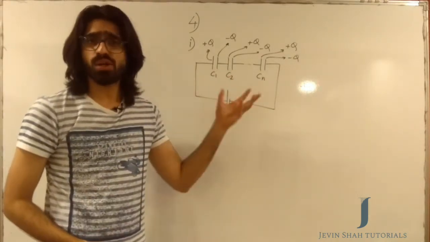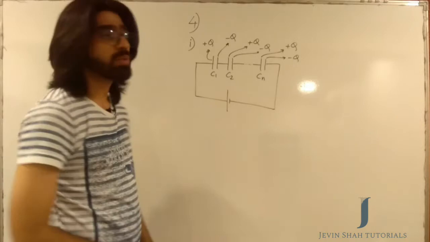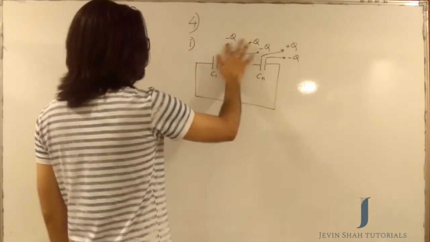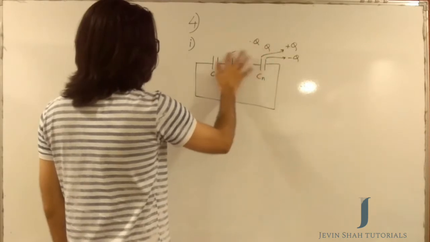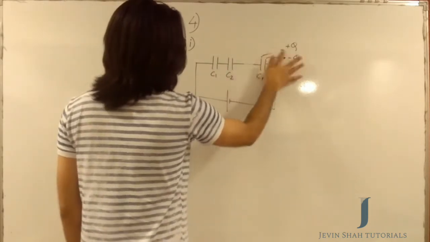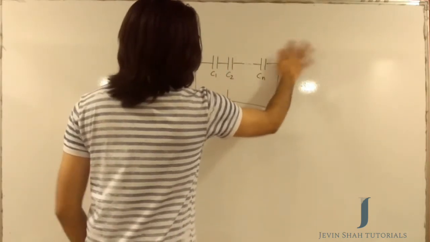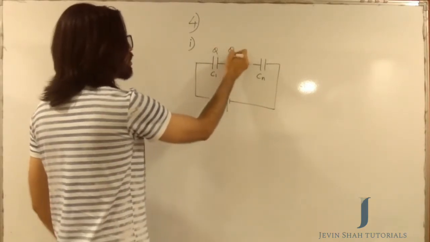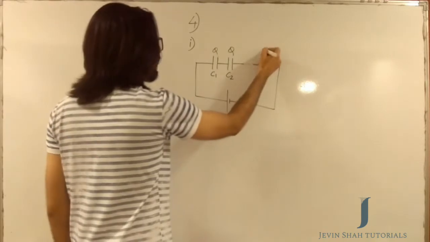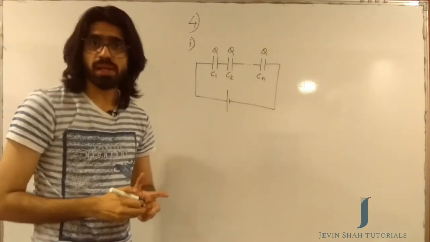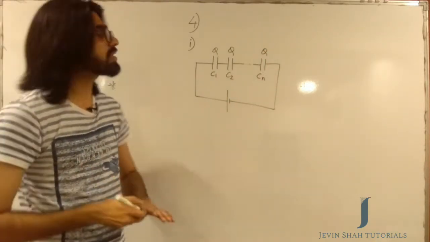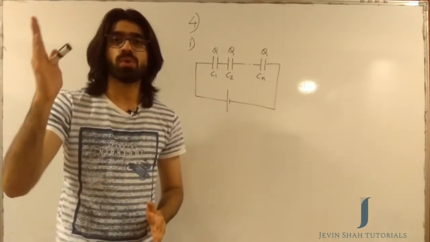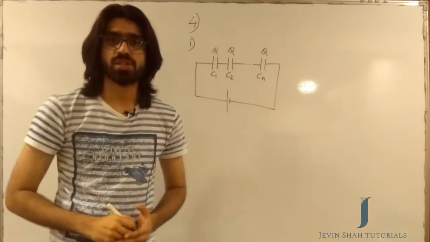Let's not write all of it in a bulky way. All I am trying to establish over here is that every capacitor will develop a charge of q, and the charge on every capacitor is going to be the same. So if I have to write it in a very short format, the charge on this capacitor is q, so is the charge on this capacitor q, and the charge on this capacitor as well is equal to q. You need to understand that when I say a charge q on the capacitor, it's a charge of plus q on one plate and a charge of minus q on the other.